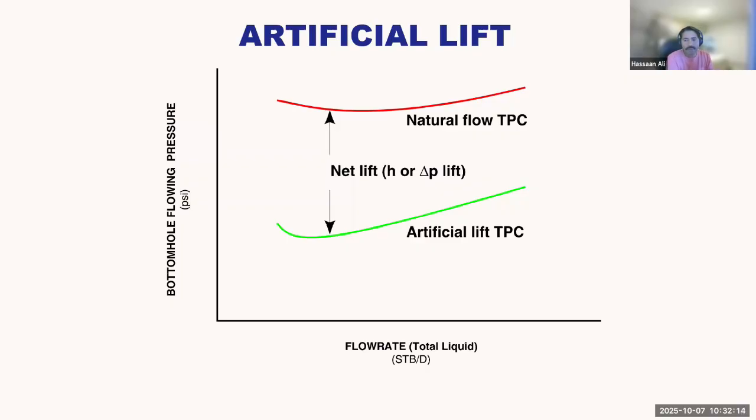TPC is tubing performance curve. It shows a comparison between the artificial lift TPC and a natural flow TPC. What you actually see is that by decreasing the bottom hole pressure, which you can see right over here in the artificial lift system, you improve your flow rate, right? So decreasing your bottom hole pressure, improving your flow rate, that is the purpose of